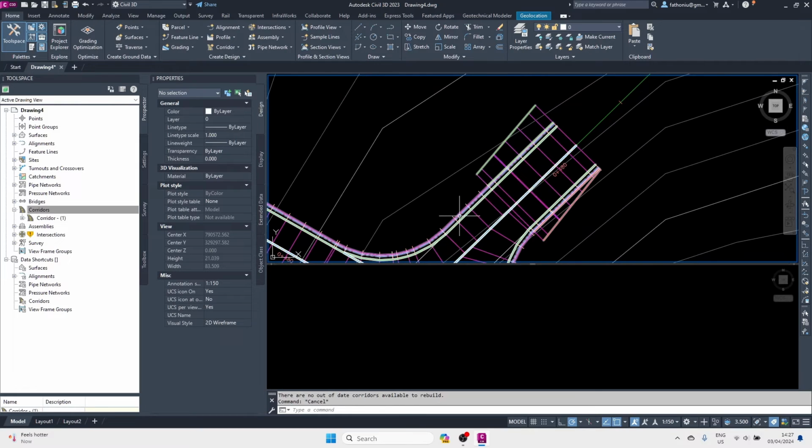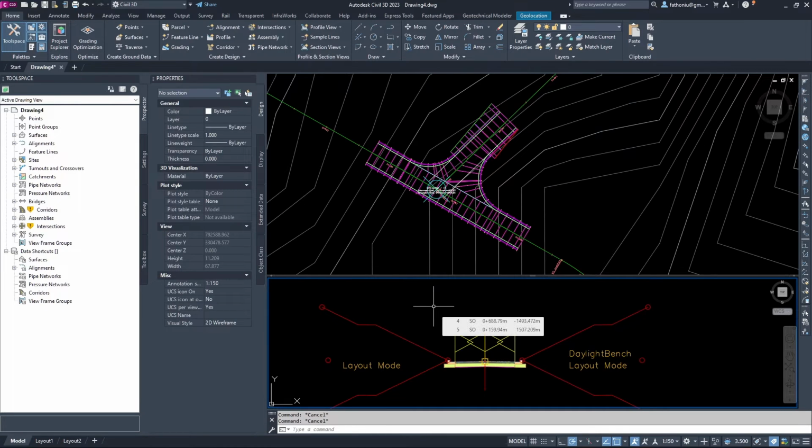we have. Okay. After we modify the sub-assembly, so you can see on the left side here, the corridor, it has exclamation mark. So it means the update that we did still not updating the whole corridor of the intersection.